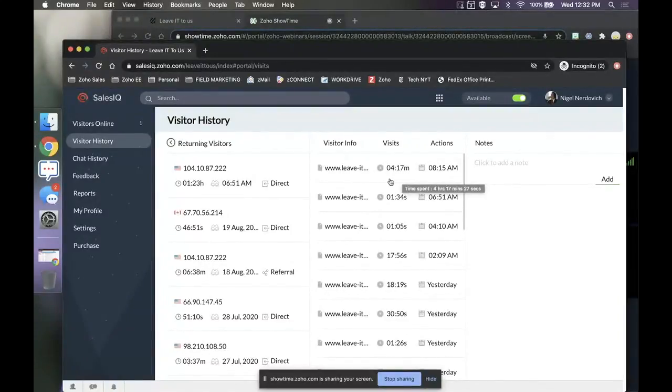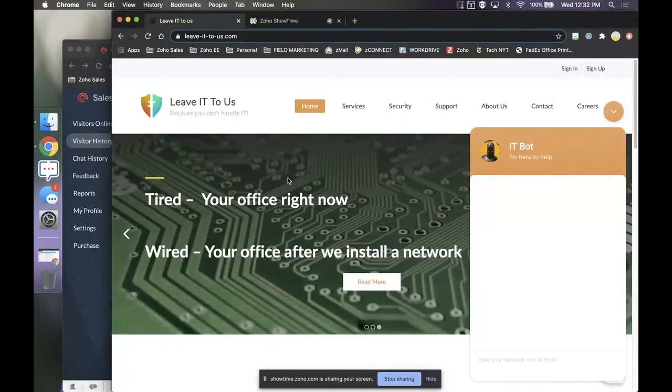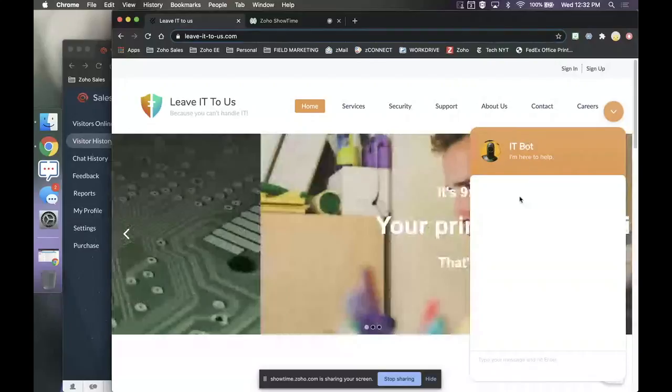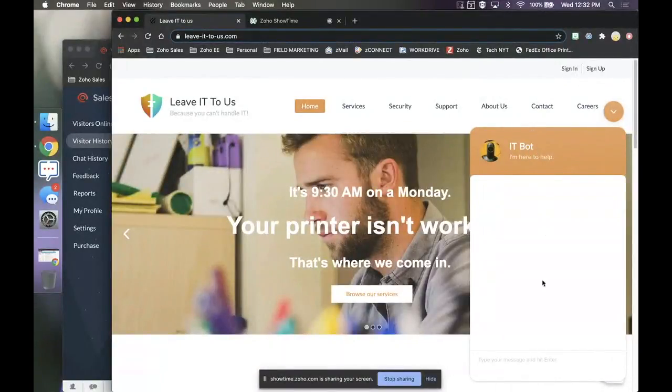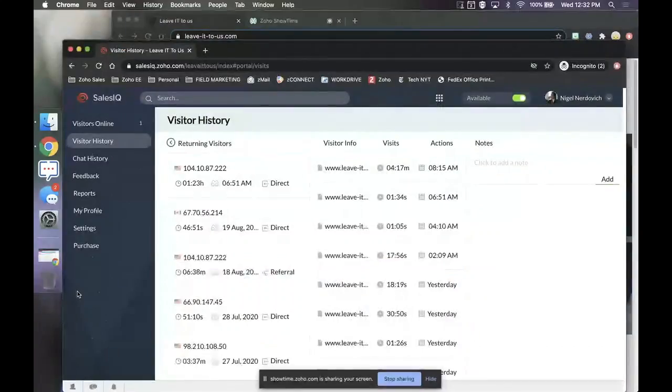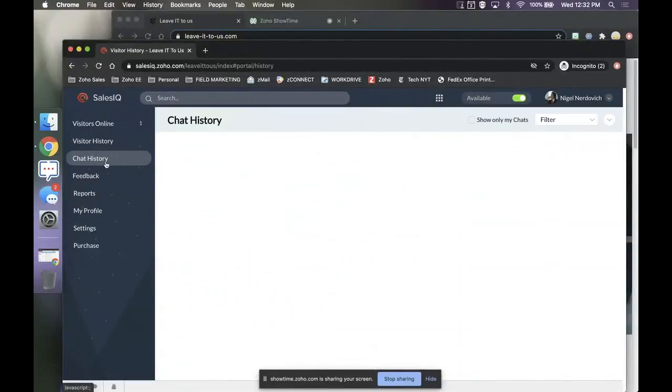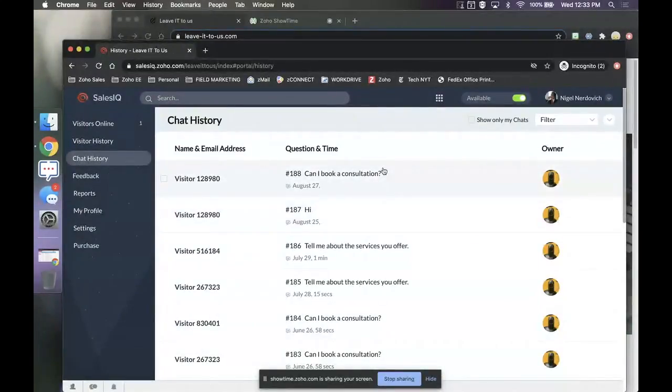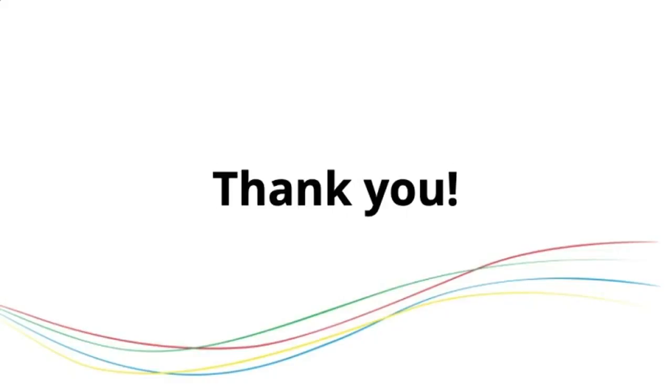So that's really cool. And as a customer, here I am on the front end of this website. This is Zoho's test website, just to demonstrate Sales IQ. This is the chatbot that has triggered. But if I go back over as an employee of Sales IQ, I can see and interact with the customer via chatbot right here on this page. So that is just a very quick rundown of Sales IQ. But yeah, that is the end of today's presentation.